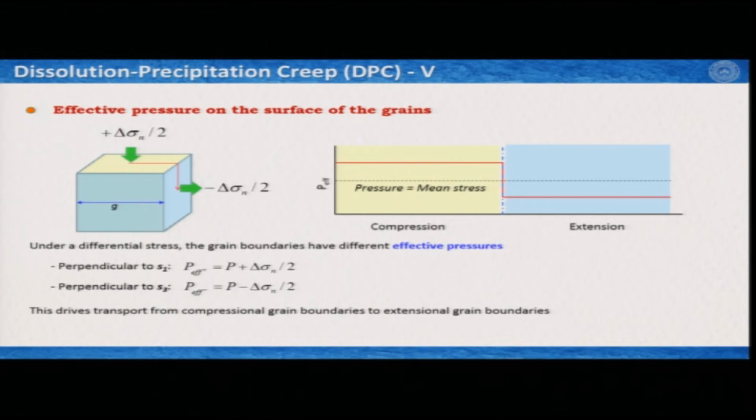Here we try to see what the role of pressure and chemical concentration is in activating dissolution precipitation creep. Now, what we see here, if we consider that this cube is a grain, where one arm of this grain has a length of g, and if I apply some force here on this surface, this stress,